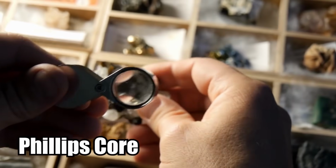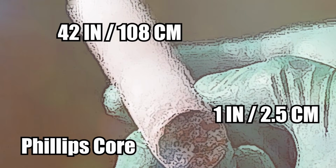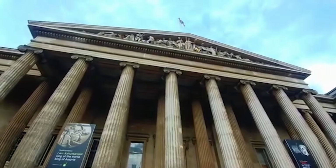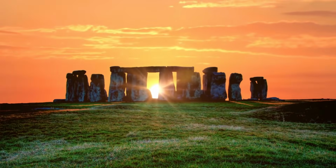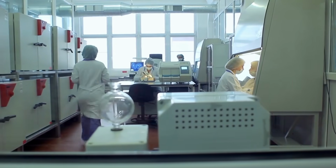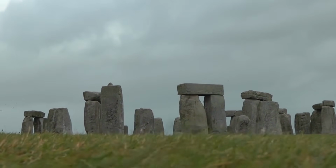Now known as the Phillips core, it measures about 1 inch in diameter and is about 42 inches long. A small part of another core was found in a nearby museum. The other ones are assumed to be lost. But with just those cylinders, researchers were able to reanalyze them, solving an age-old mystery about where the Stonehenge stones